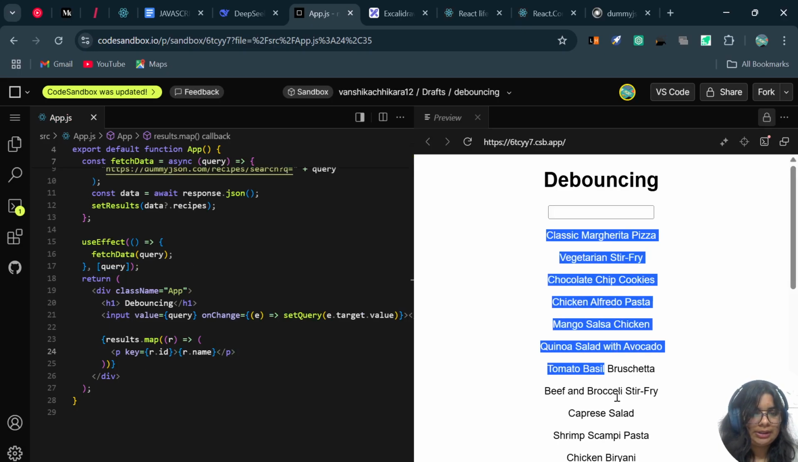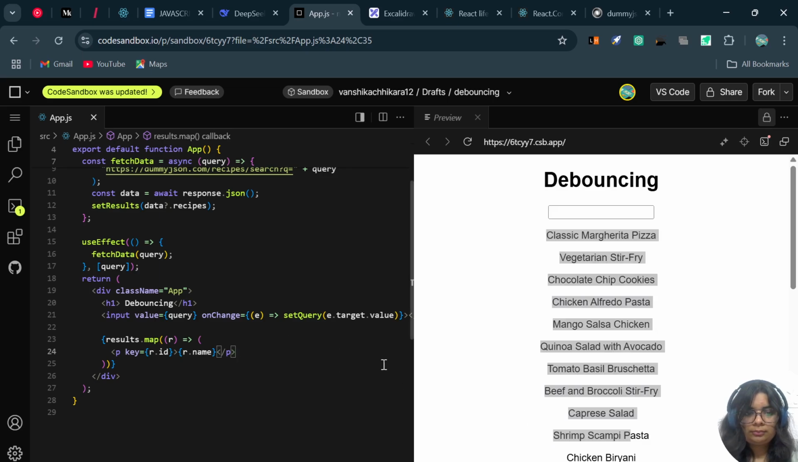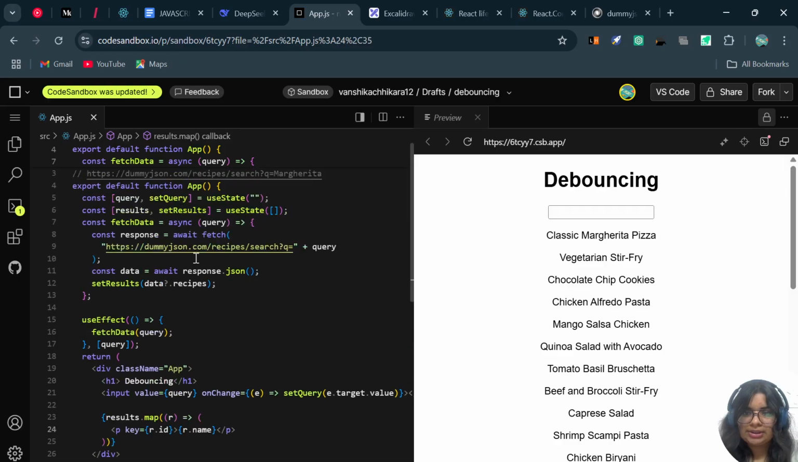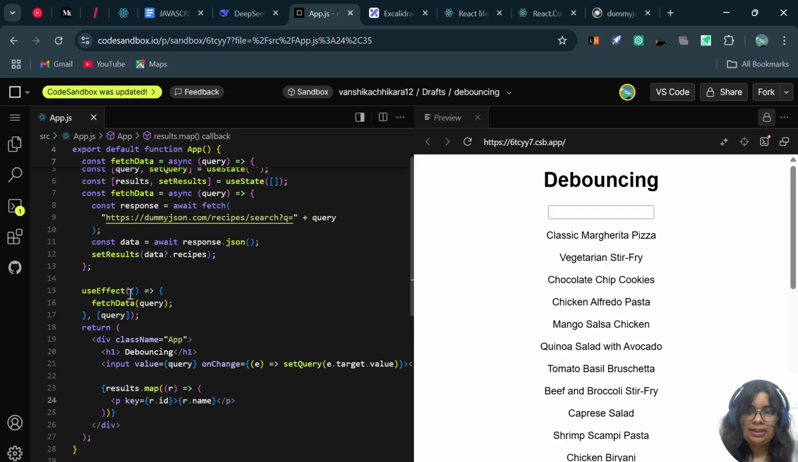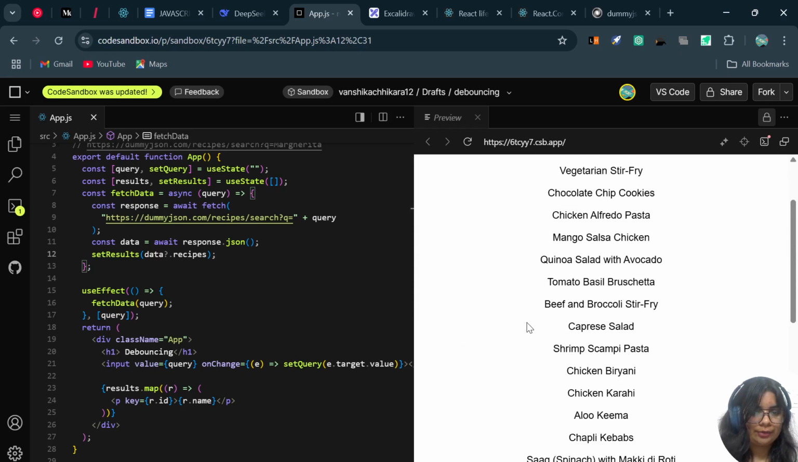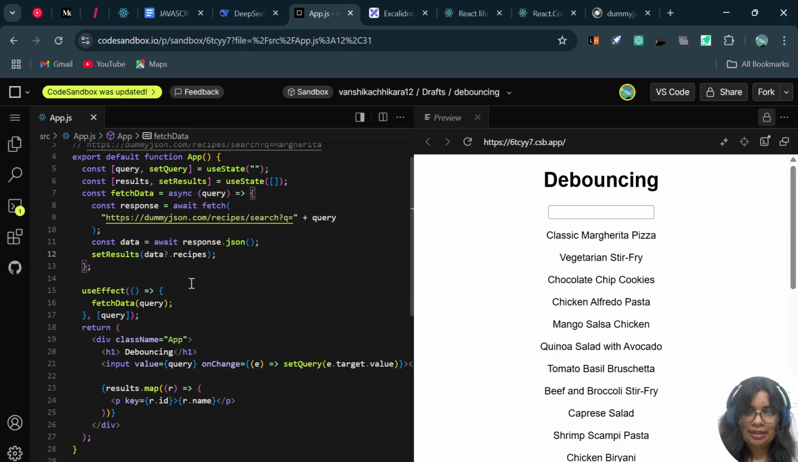So see, we have all these over here right now because currently our query was empty. Initially, useEffect is called whenever the component or the page is loaded, once, and then it will get called again whenever query changes. So initially it got called and query was an empty string. So it fetched the response for an empty string, and whenever query is nothing, it would just return all of the recipe names that it has. Then we set it over here and